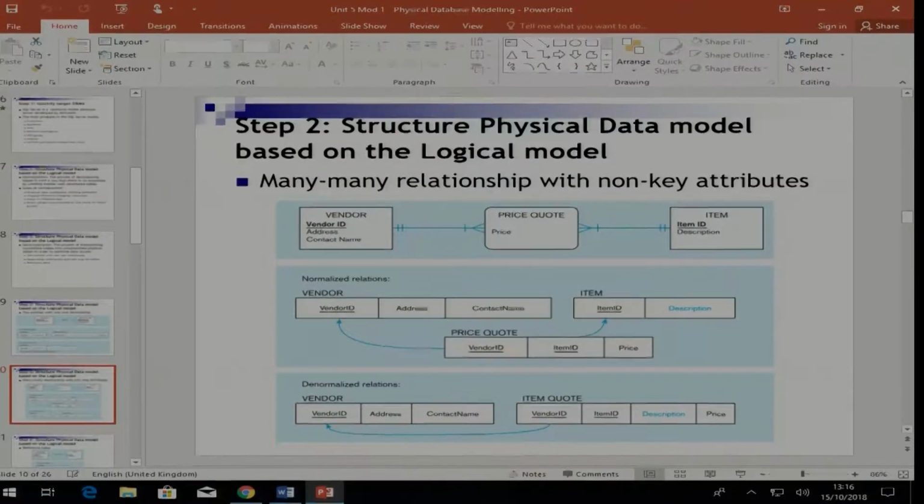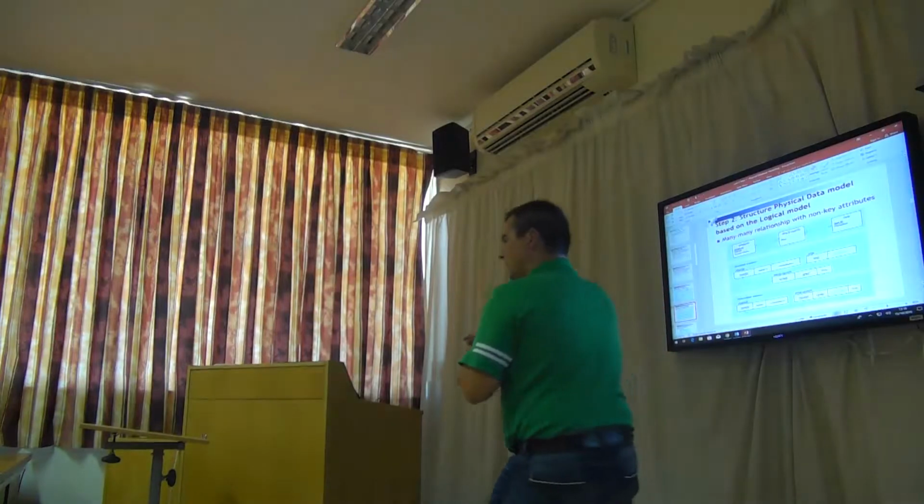So if we had a many-to-many relationship with non-key attributes, in this case we have the vendor, there was some price quote information and items. What are we seeing? Ultimately three tables. They have denormalized it into two tables, the vendor and the item quote. So you'll see the description and this price is placed away inside the item quote. So it goes up there. Okay, so in that case they've denormalized it,